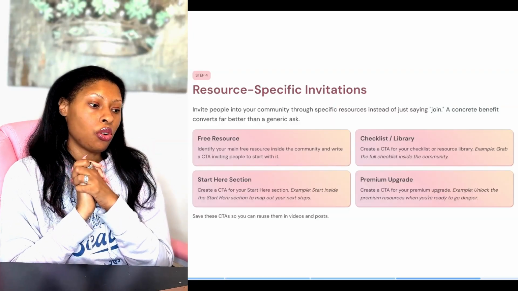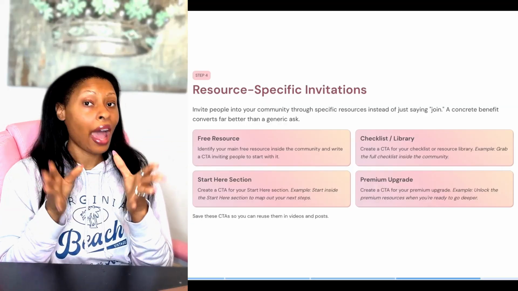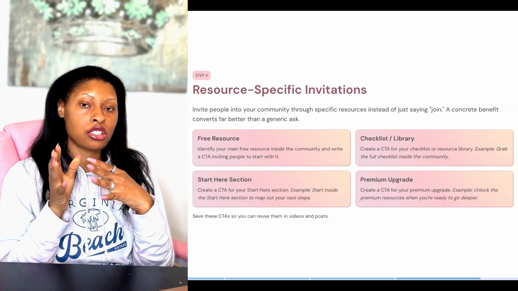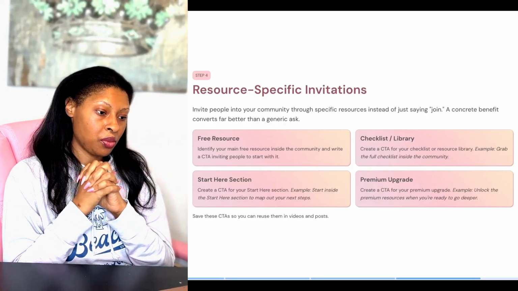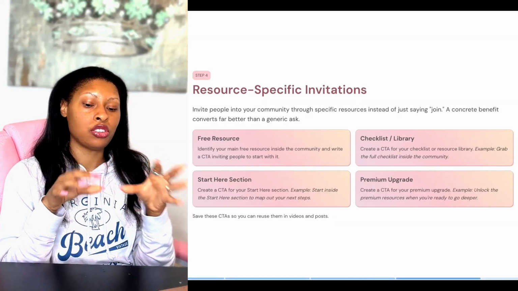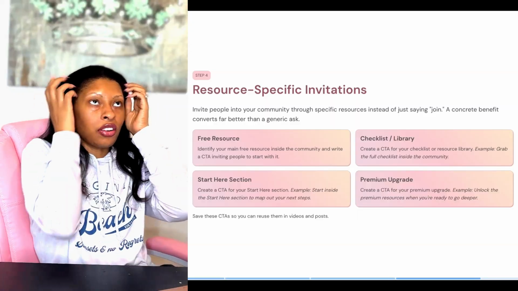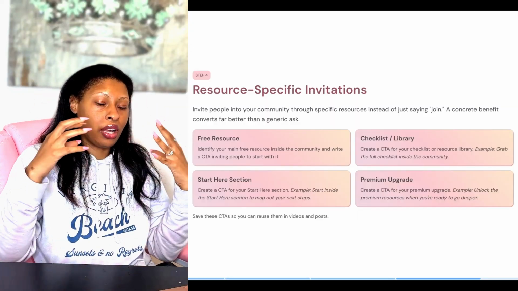There's also your start here section. So you can create a call to action for your start here section. So the example: start inside the start here section to map out your next steps. Now, I wouldn't say it like that. Obviously this is a very generic example. However,